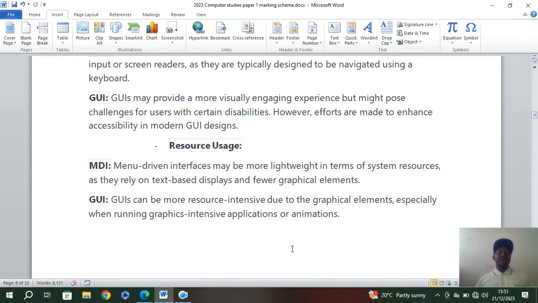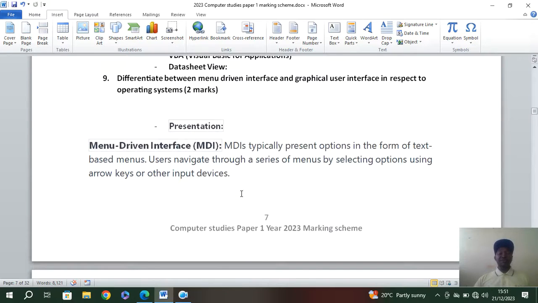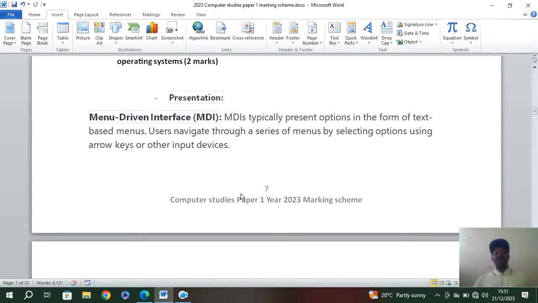When we talk about resource usage, menu-driven may be more lightweight in terms of system resources as they rely on text-based displays and fewer graphical elements, whereas GUIs can be more resource-intensive due to the graphical elements, especially when running graphics-intensive applications or animations. So guys, for you to internalize more in this marking scheme, you need to have a